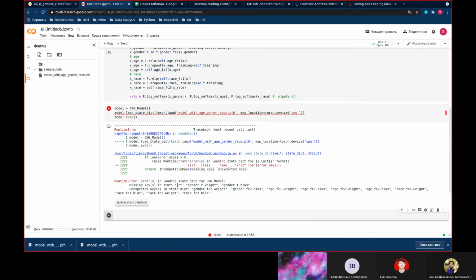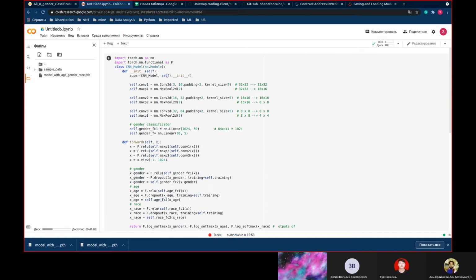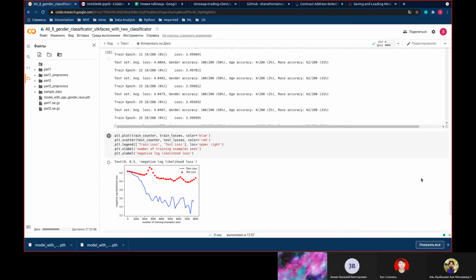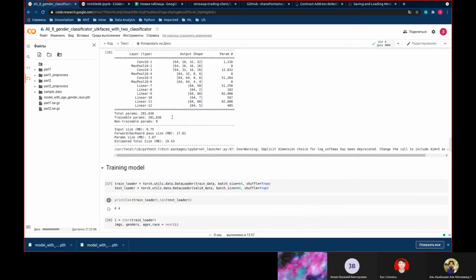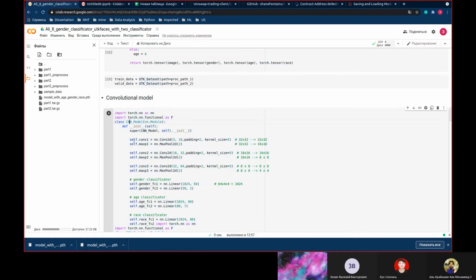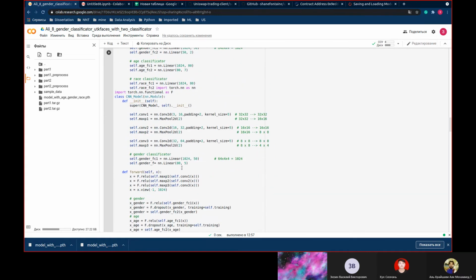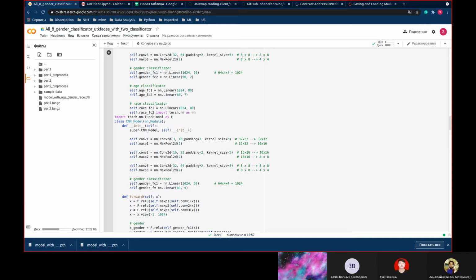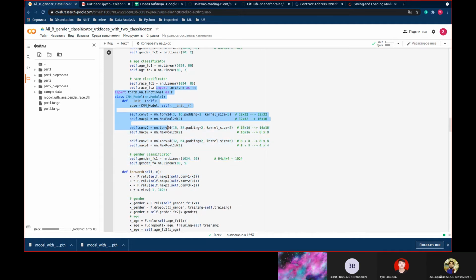Loading state dict, missing keys. Gender F. Okay, there is some problem with how it can be. You see that something is wrong.